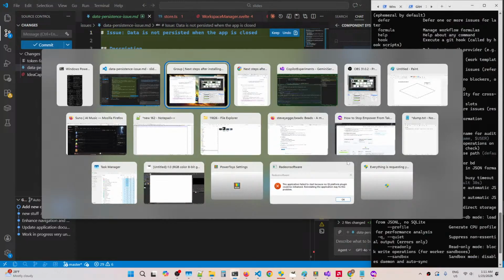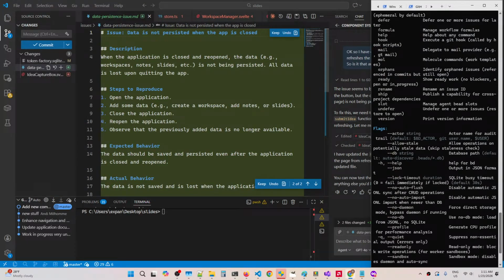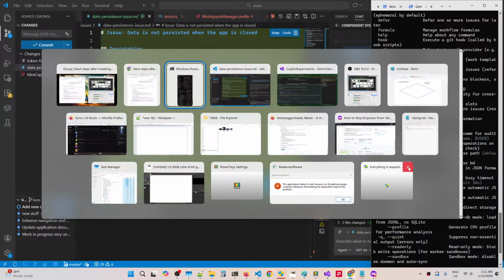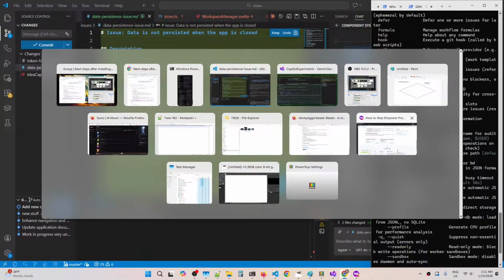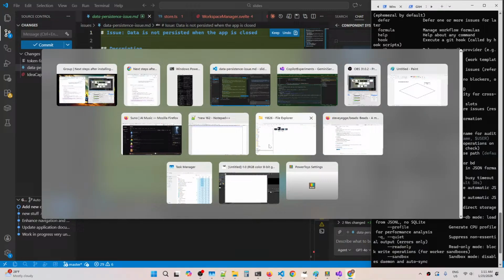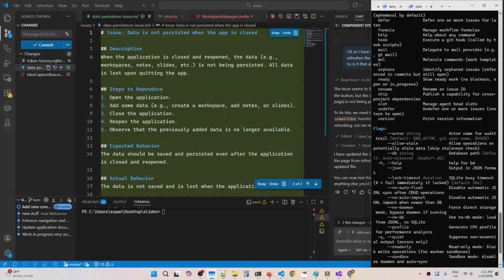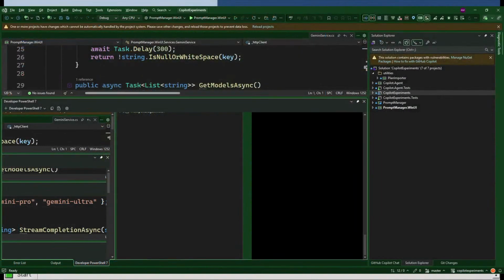Okay, let's see if it resolves it. I'm just closing things that we don't need right now. We're just closing things that we do not need. Let's focus our attention on Visual Studio. Okay. I don't know if you can see my